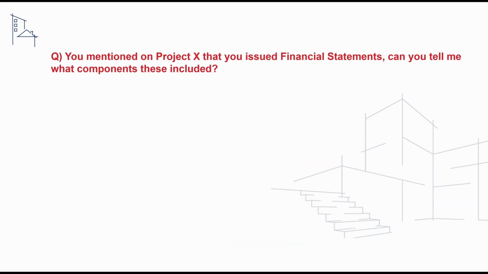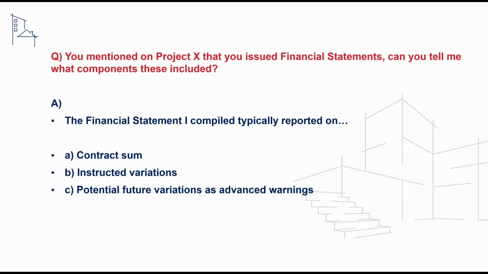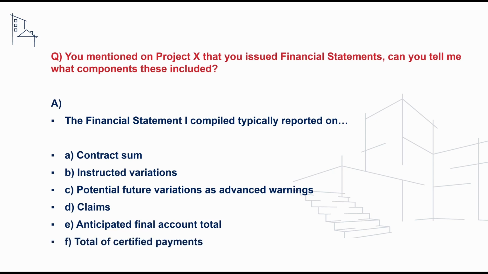The next question we'll take a look at is on our understanding of financial statements and what components these typically include. And to address this, we can say that these typically would include reference to the contract sum value, the value of any instructed variations, the value of potential future variations such as advance warnings, the value of any claims, anticipated final account total, and the total of certified